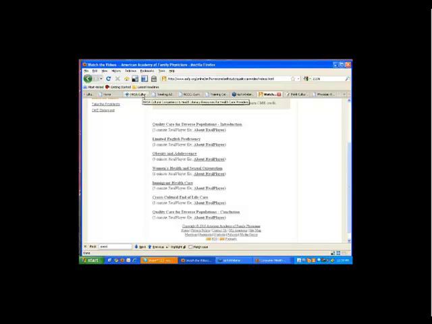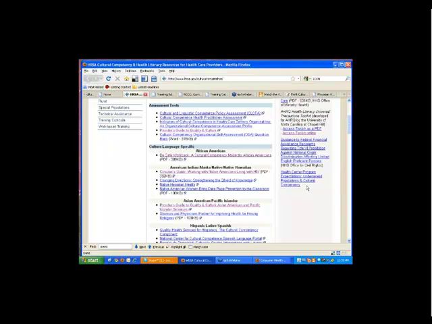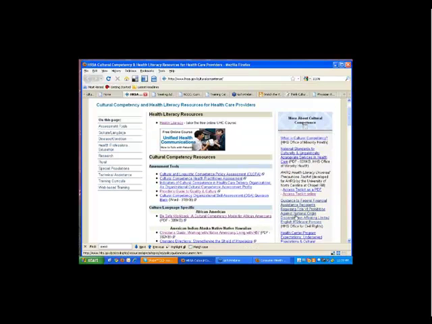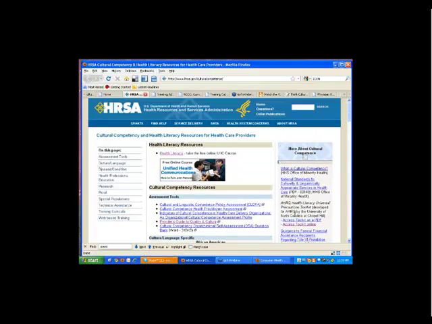The final resource that I want to point out on cultural competency training resources is the HRSA cultural competence section. HRSA is the Health Resources and Services Administration from the U.S. Department of Health and Human Services, and they have so many resources here that it's impossible to take a look at all of them, even if we had the whole hour just for this website.